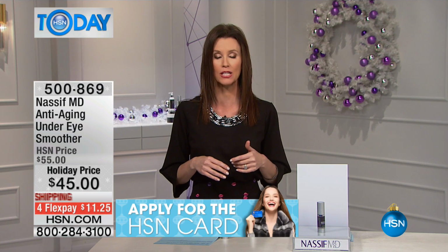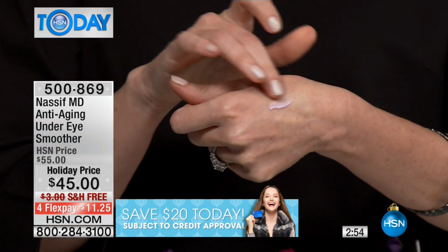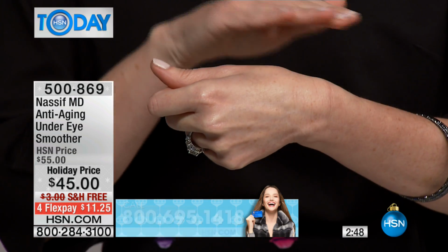Just like you out there, maybe you thought, you know what, I've earned these dark circles, I'm just gonna cover them up with concealer. Get rid of them. Use that incredible ingredient, that warming. You can see the difference. See that pink? That's that crimson red algae, that incredible, unique, very expensive ingredient that instantly smooths and then over